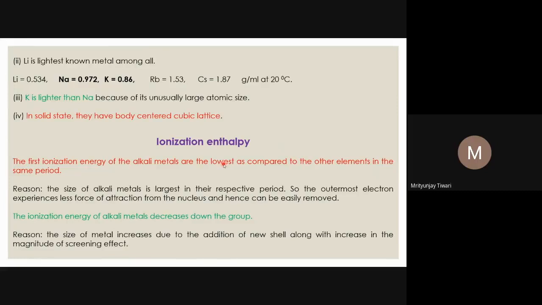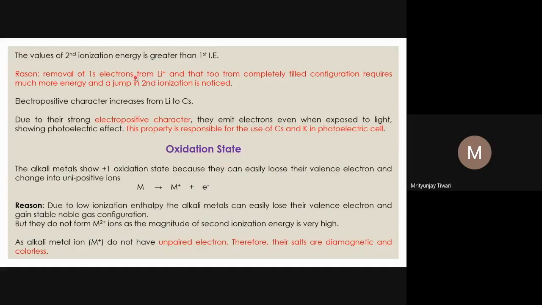This is true for almost all groups, but here we are focusing on some anomalies we have seen in the ionization enthalpy. Those are exceptions. When we talk about ionization enthalpy, we usually talk about the first ionization enthalpy, and that is the trend we look at.